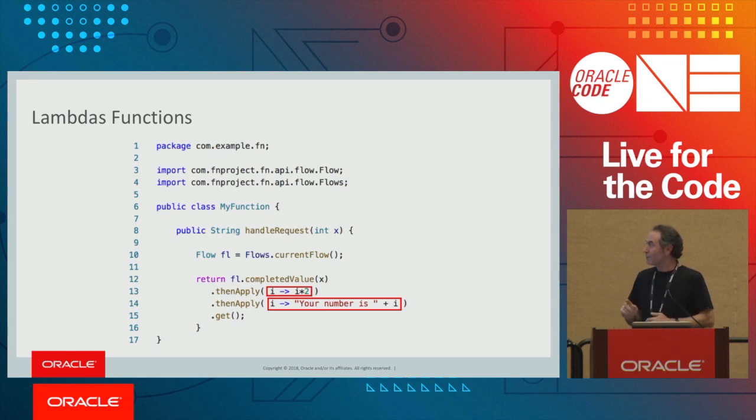One more thing to say about this before I move on, because there's lots more cool stuff here. This is Flow without me explicitly invoking functions. It turns out lambda expressions can be serializable, which means that in Flow we can do things like, down the bottom here, go get the current flow, and then say, give me a value, I'm going to multiply it by 2, and then return a string saying your number is this result. These lambda expressions can be run as functions. We can automatically take a given lambda, serialize it, and run it concurrently on another compute node.